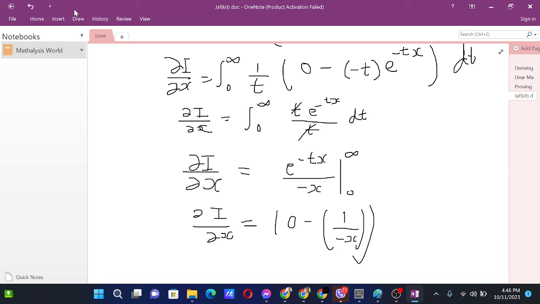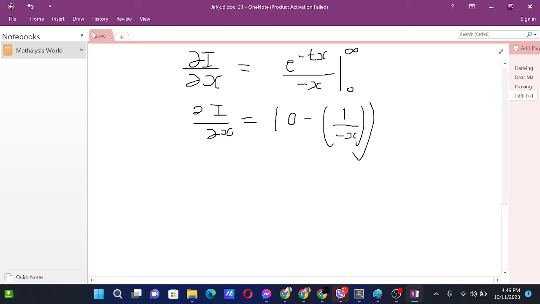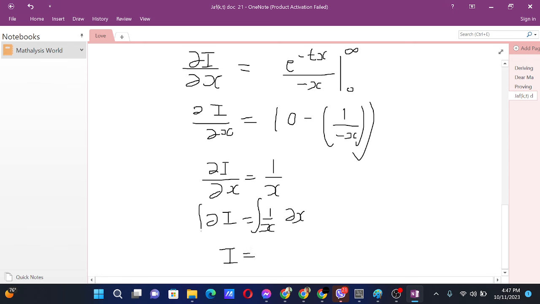So dI/dx equals 1/x, and then dI equals 1/x dx. If we integrate both sides, we have I equals ln x